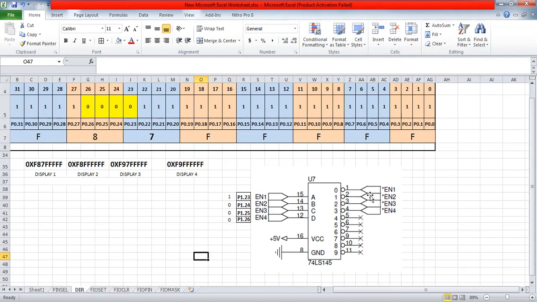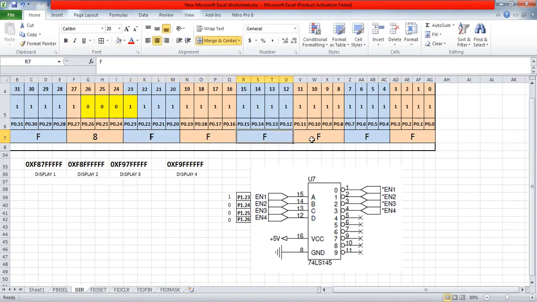In order to activate the second display, the 23rd position in the register should be 1, the remaining 24th, 25th and 26th positions should be 0, and the remaining register positions must be 1. So the corresponding value is F, 8, F,